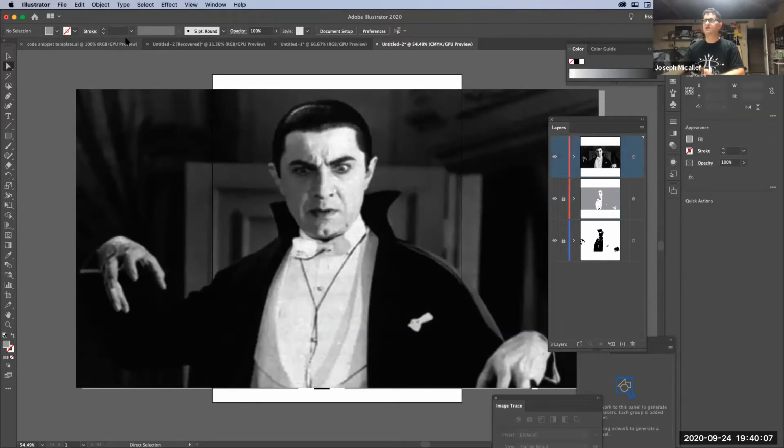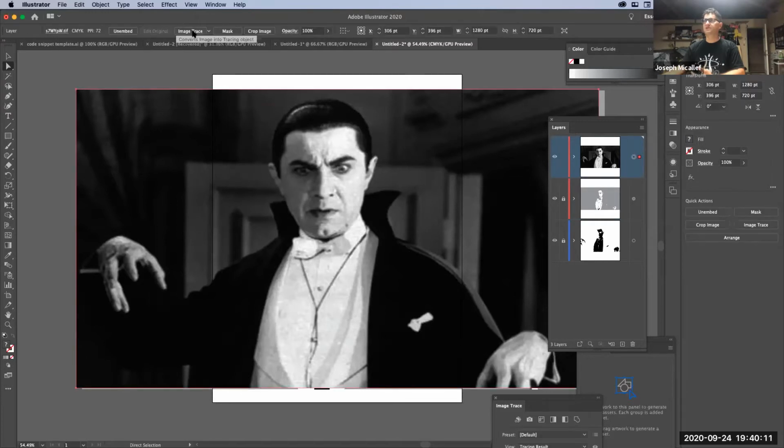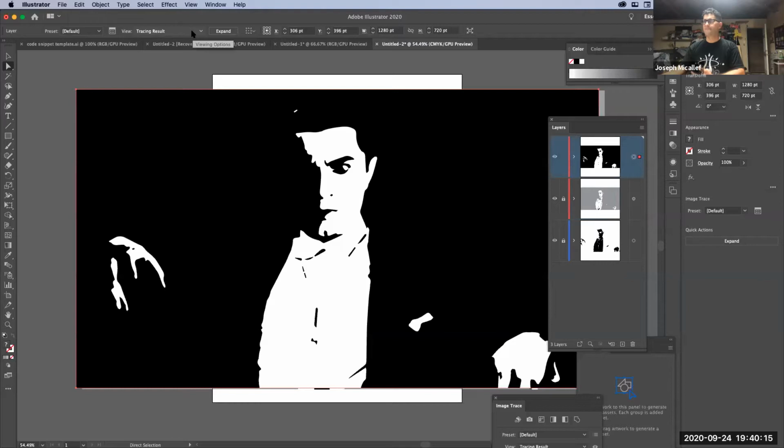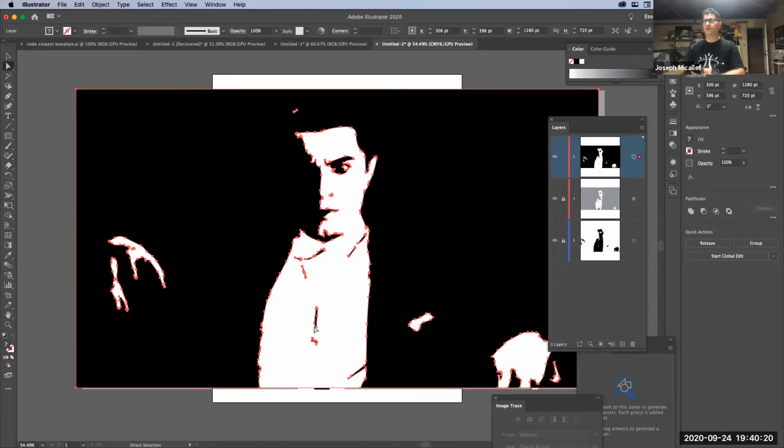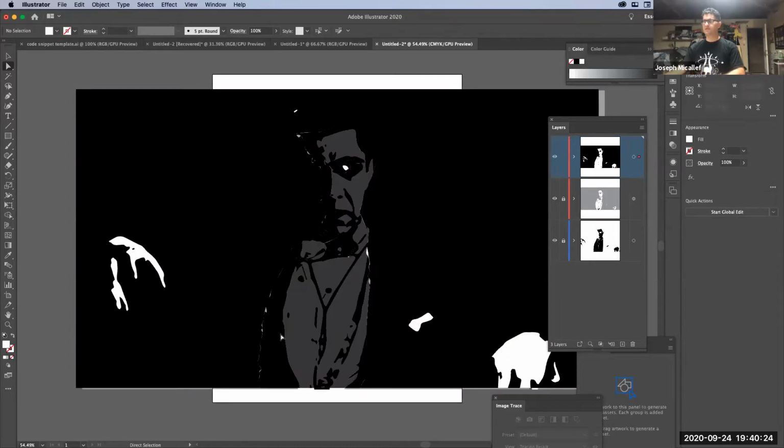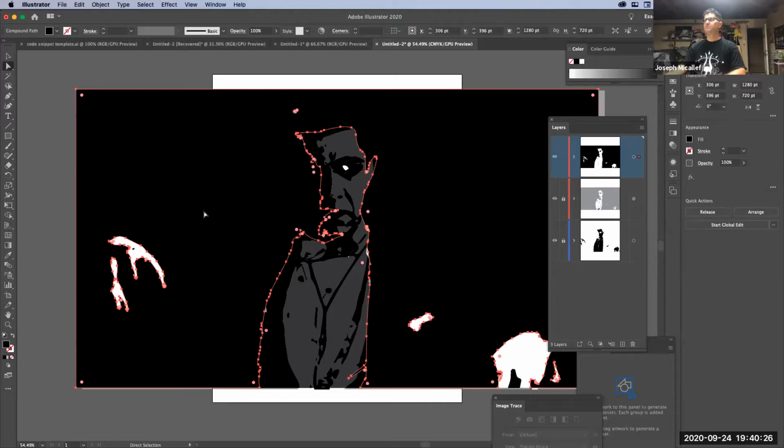Well, let's say I go into this top one and do an image trace on that one. So I have the top layer selected. I'll image trace that. And then I will expand it. And I will select this white and delete it. So now I can see through it. But maybe on this one, this is where I want to start to fill it with type. So I talked about